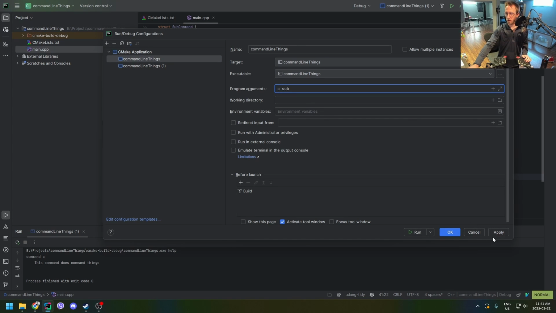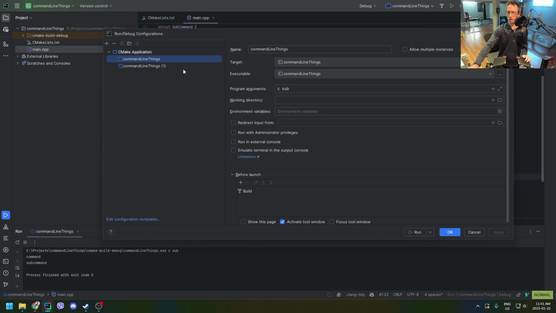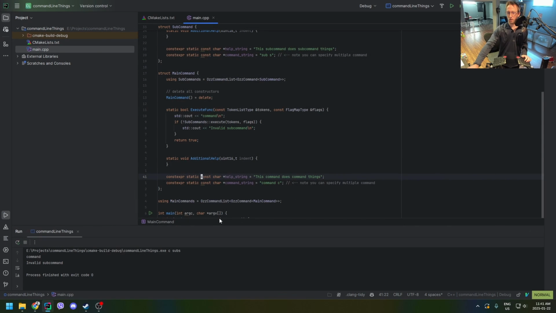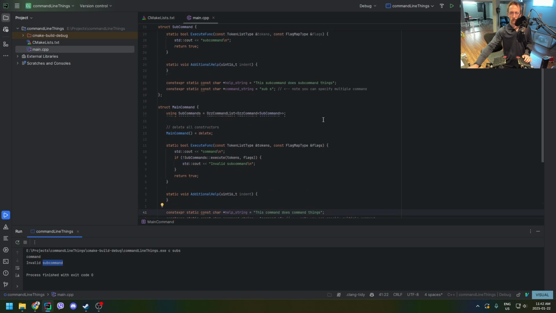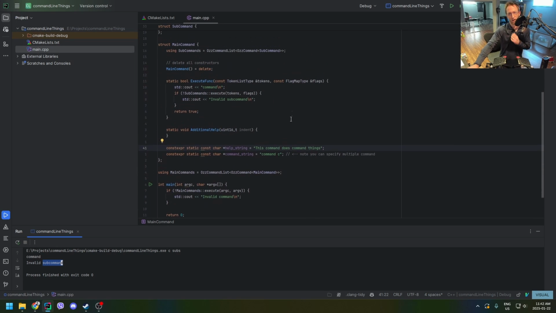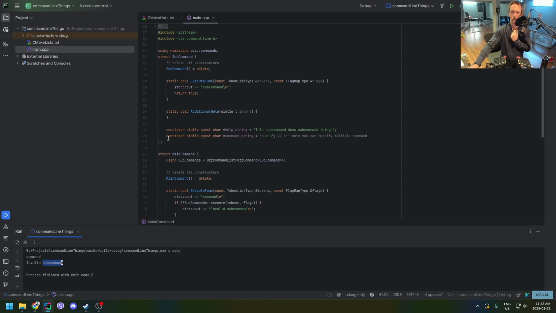if we use sub instead of s, and we run this command subcommand, and if I put a bad subcommand, subs, invalid subcommand. So that's how you do subcommands, and that's how easy it is to kind of build a CLI application with this one. You have this template right here,